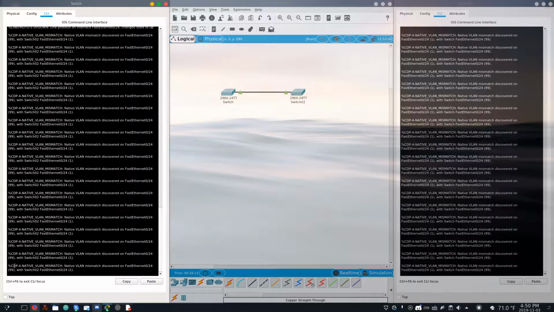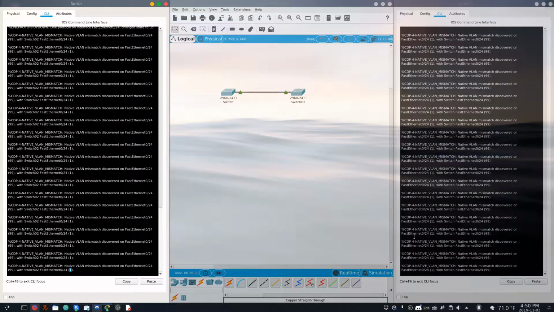Alright, so this is going to give us a couple pieces of information. First, it tells us what VLAN we're operating on the local switch, and what the native VLAN of the trunking port is on the other switch. So on Switch 02 we have 1, and on Switch 01 we have 99. We can see this without even looking at the config files. So we have two ways to address this. We can either switch this 99 to 1, or this 1 to 99. Now, the recommended solution would be to switch this 1 to a 99,